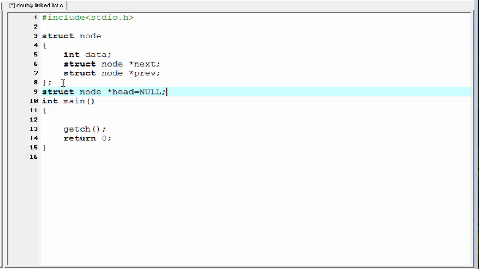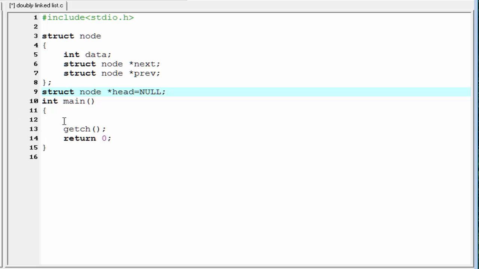Here we declare head as a global variable. The advantage of using a global variable is that we can use it in any function in the program. A variable declared inside a function is called a local variable. The lifetime of the local variable is the lifetime of the function call. When the function call finishes its execution, the variable is cleared from memory. But the lifetime of the global variable is the lifetime of the program.